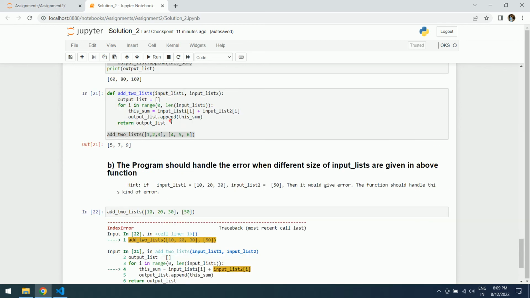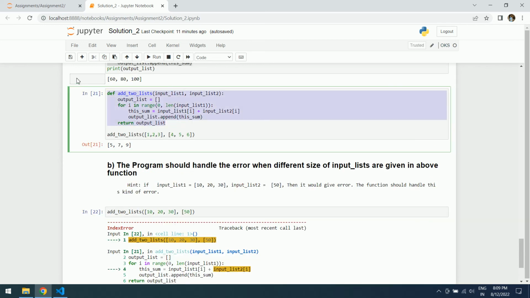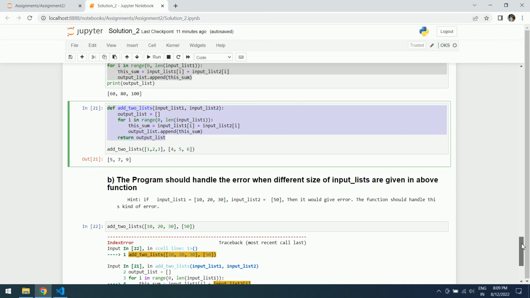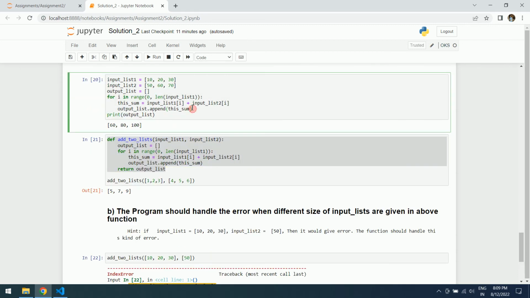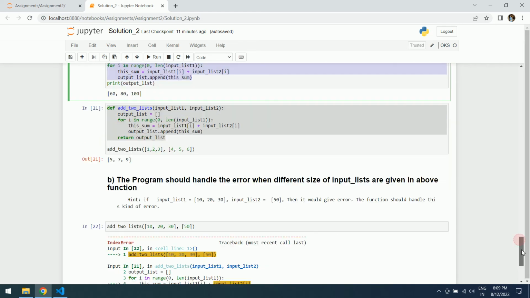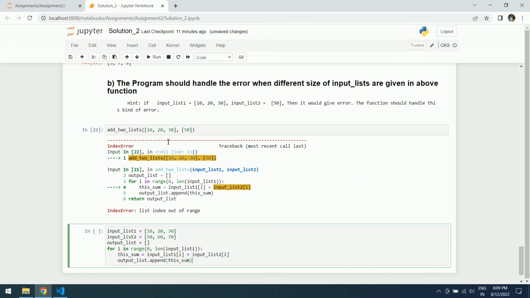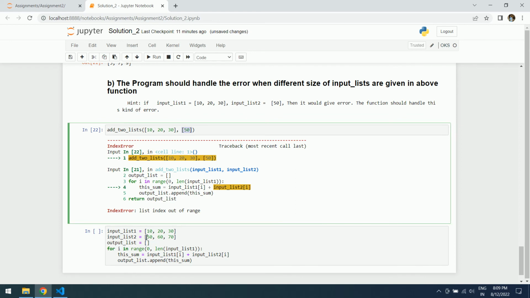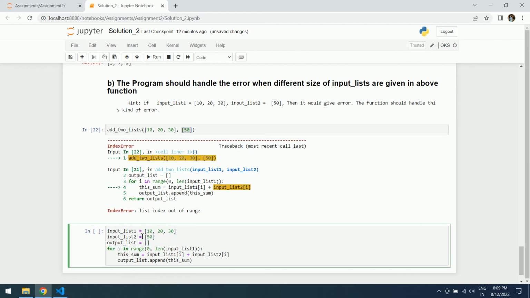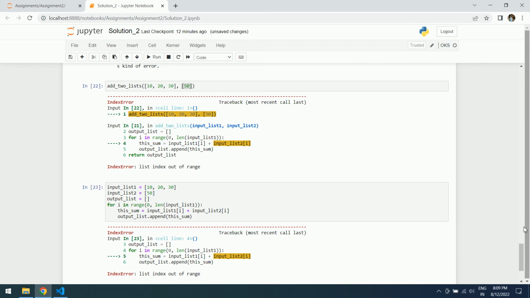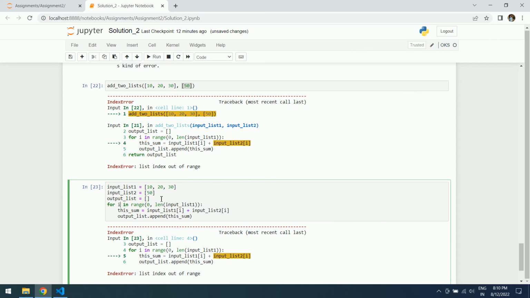Let me take what is already done, and on top of it let's modify. Before that, I'd take the one without the code, because we have run it previously the same way. Let's run it here, giving this value in the second input. It should behave the same. When I run it, we got the same error. It is because the index i would go 0, 1, 2, but here there is only 0, there is no 1 and 2, because of which we got this index error